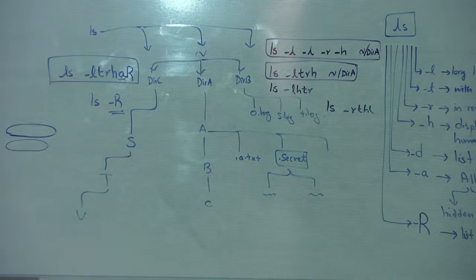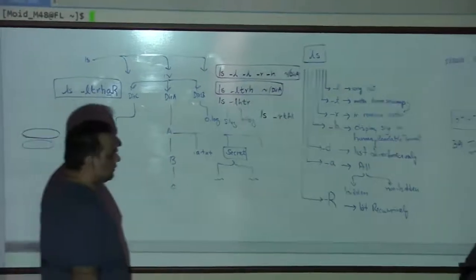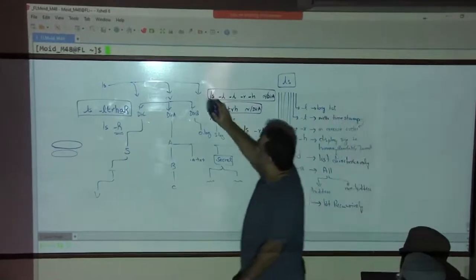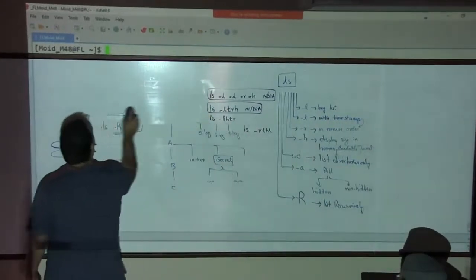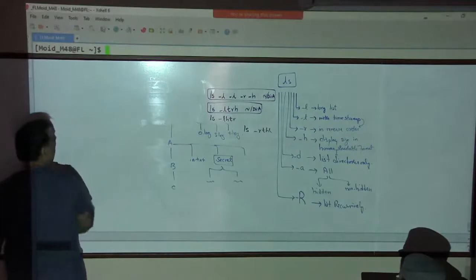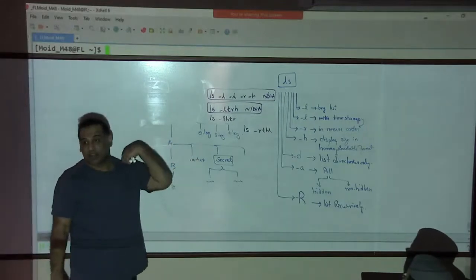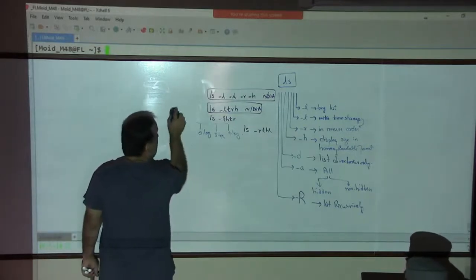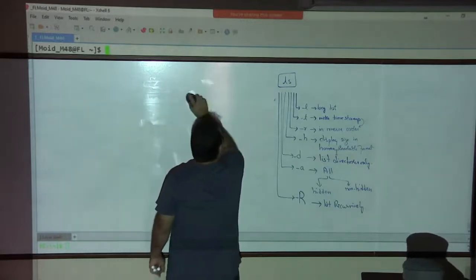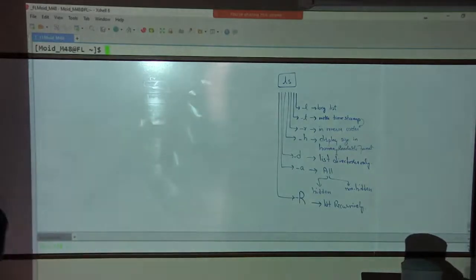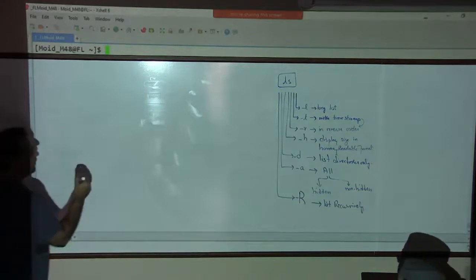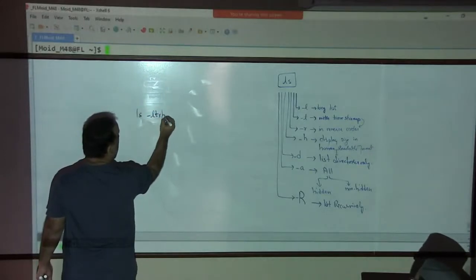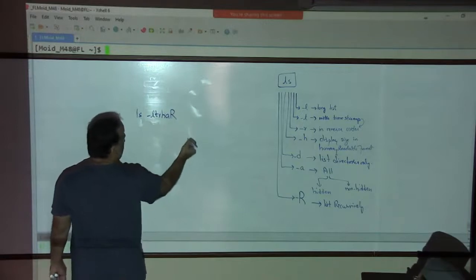Right? Okay. So I'm going to erase this now. And using this information of what we have just learned, let's see if we can apply this knowledge with what we are seeing in our home directory. So can you use this command with the capital -R and see if it is listing you everything recursively? So here, what I'm going to do now is, if I type in ls -ltrhaR, my home,